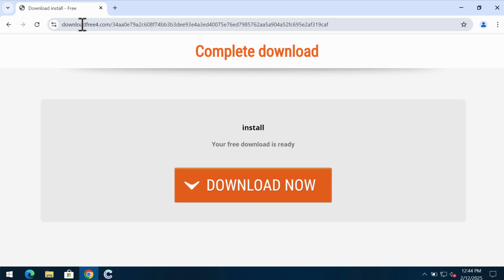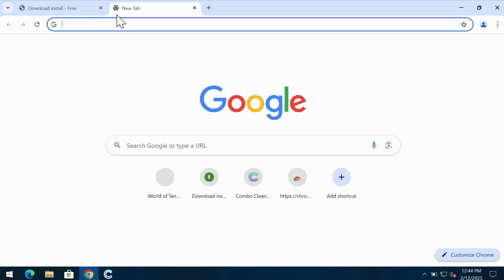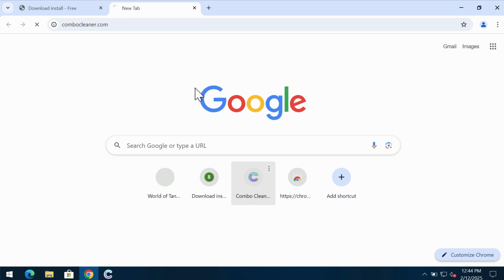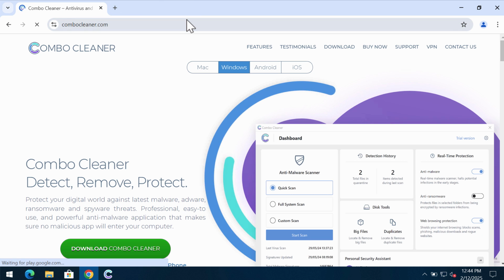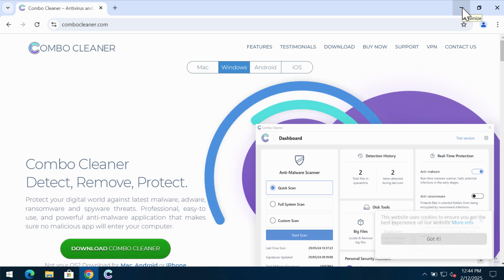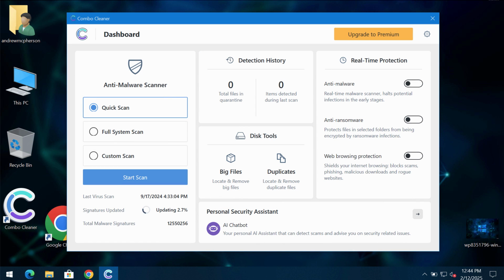If you see pop-ups by this site, downloadfree4.com, don't ever interact with these deceptive pop-ups. Leave this page. I recommend you to additionally investigate your computer with Combo Cleaner. For this goal, go to the page combocleaner.com, download it, install it, and start researching your system to detect and